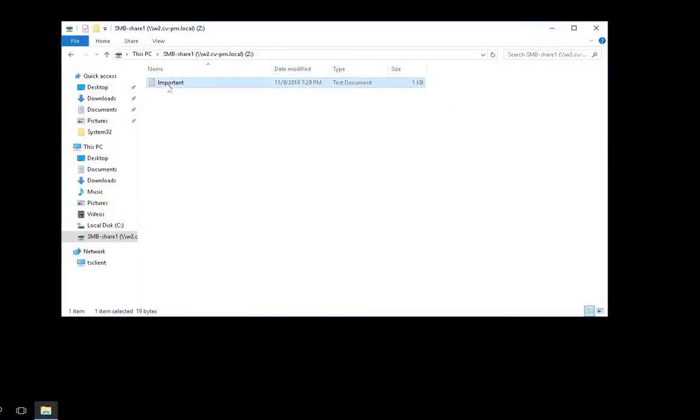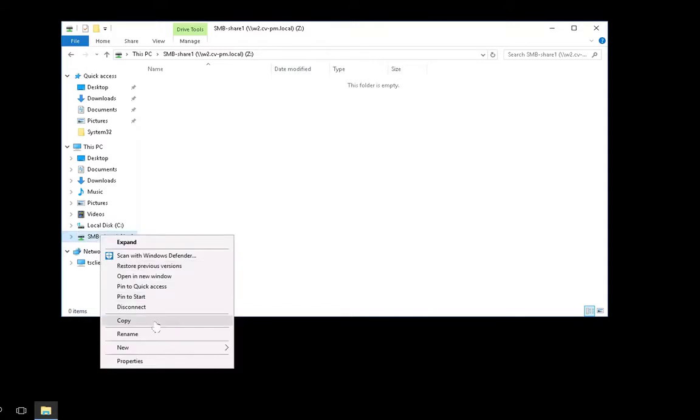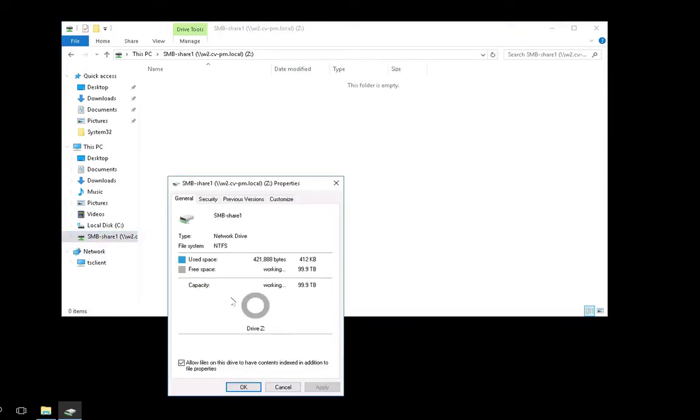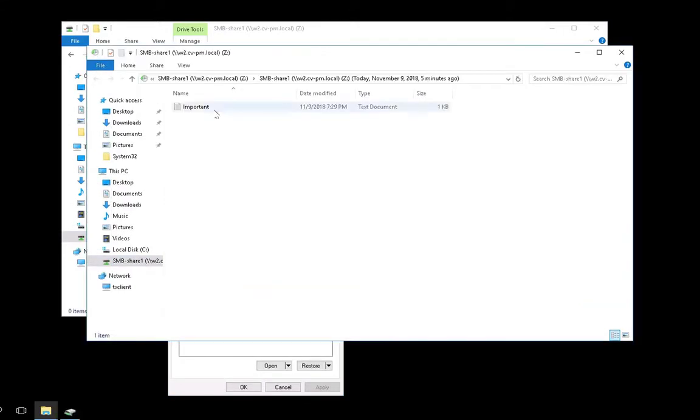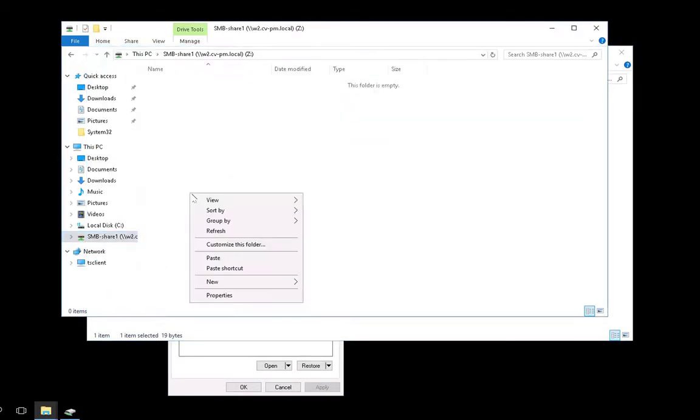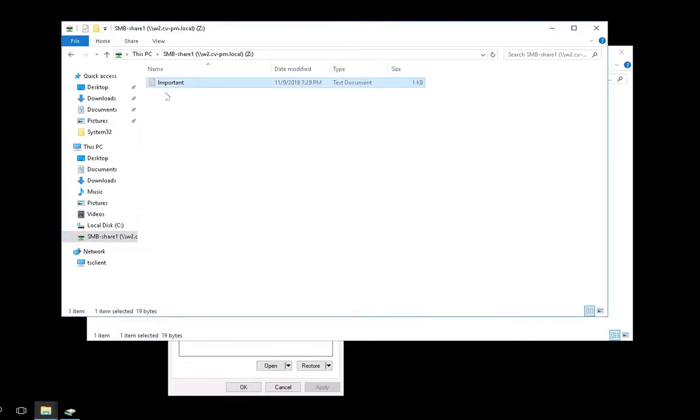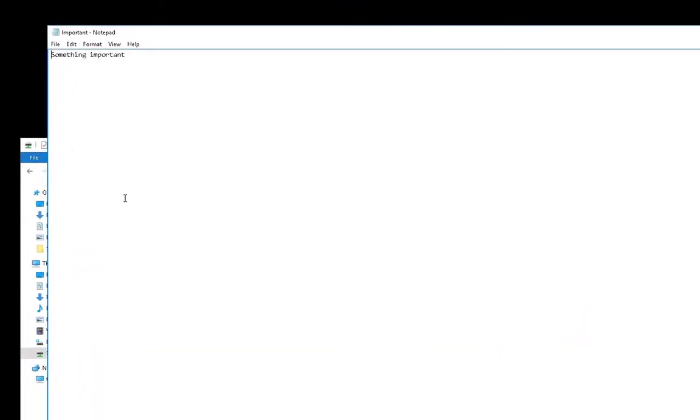Now if we go back to our Windows, or potentially a Linux server, here I'm going to use Windows, and accidentally delete a file, or something else happens to that volume, I can click on the properties and within Windows look at previous versions, and I can mount the previous version, and I can start to recover my files. Here I'm going to copy the file and paste it to the original volume. I can open the file and see I have my important content.